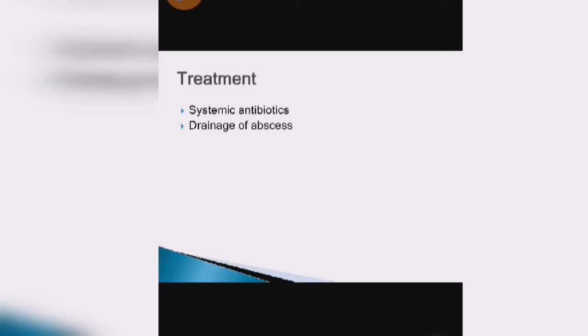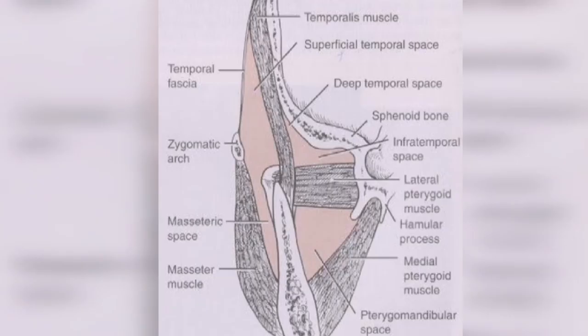Drainage of the abscess is usually done under general anesthesia. If trismus is marked, then preoperative tracheostomy becomes mandatory. The abscess is drained by a horizontal incision. That was a vertical incision, but here it is horizontal, made 2 to 3 centimeters below the angle of the mandible. Blunt dissection along the inner surface of the medial pterygoid muscle towards the styloid process is carried out, the abscess is evacuated, and a drain is inserted. Trans-oral drainage should never be done due to the danger of injury to the great vessels which pass through this space. This is all about the parapharyngeal abscess.